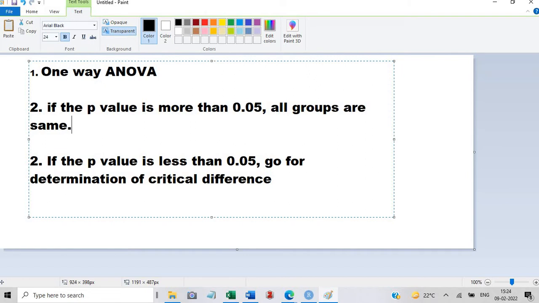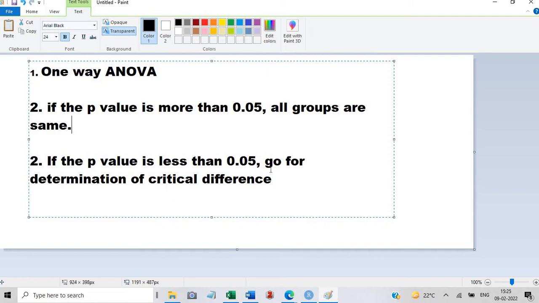If the p value of the ANOVA is more than 0.05, this will indicate that the mean of all the groups are similar. There is no difference. Difference you will observe, but that difference is non-significant. If the p value is less than 0.05, this means that all groups are different or at least two groups are different.